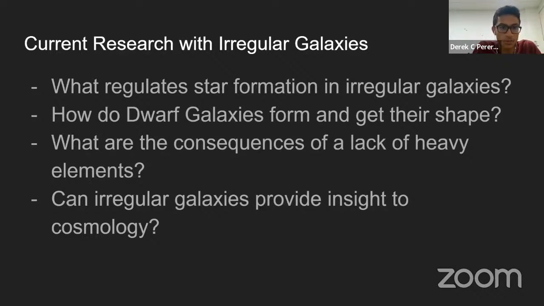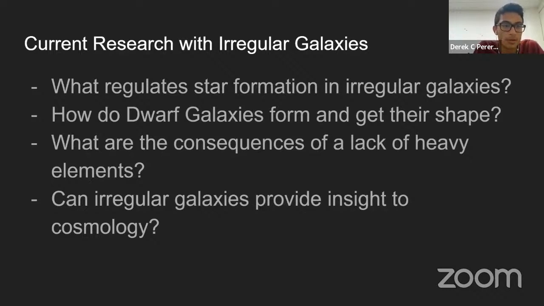The second big question is, how do dwarf galaxies form and get their shape? This is a very interesting question, mostly because dwarf galaxies, as discussed, are smaller galaxies, and they're also thought to be the types of galaxies that formed when the universe first started forming galaxies, which was over 10 billion years ago. So that can provide some insight into what the universe was like all those many years ago. And the very, very short answer is that they're thought to form in a complicated way that has to do with galaxy and thermal pressure,